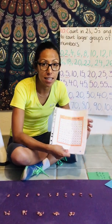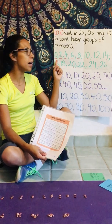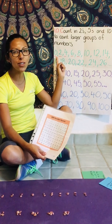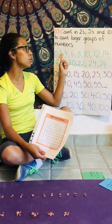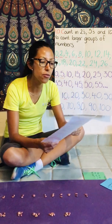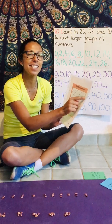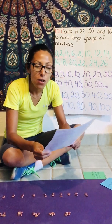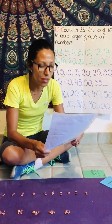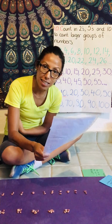Fine, let's start. We start at 0 and please look carefully at the pattern. Remember, when we count in twos, it always finishes in 0, 2, 4, 6 or 8. Ready? 1, 2, 3 and 2, 4, 6, 8, 10, 12, 14, 16, 18, 20, 22, 24, 26, 28, 30,